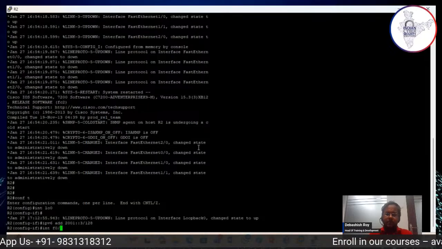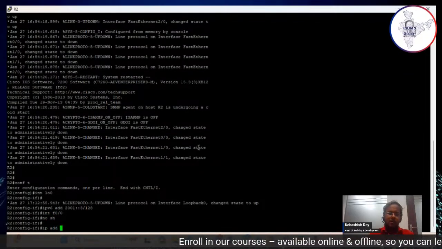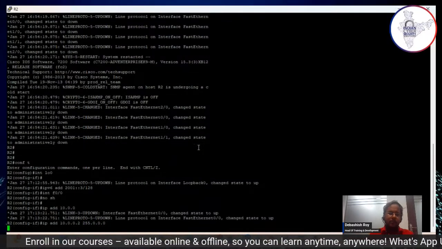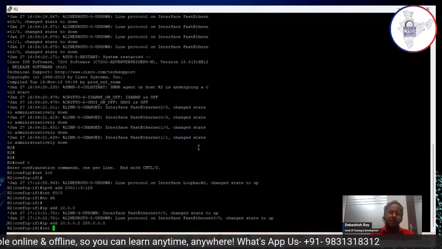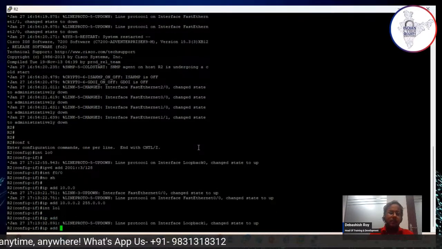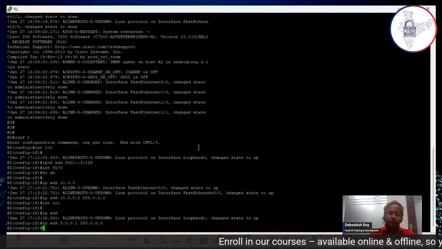Interface 0/0, physical port, no shut, address 10.0.0.2 255.0.0.0, and interface loopback 1, IPv4 address 3.0.0.1 255.0.0.0, exit,